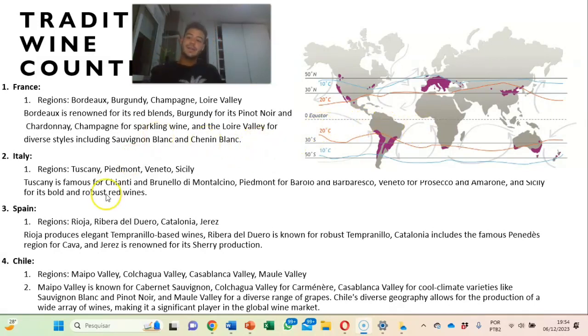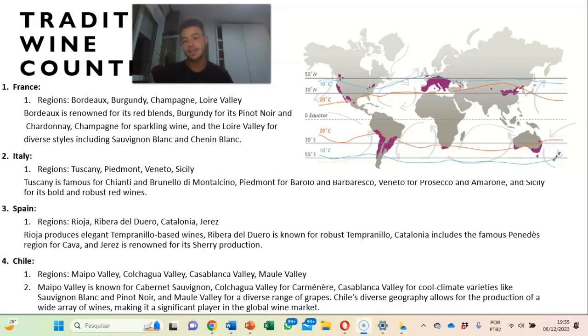It's an island. Another very famous country would be Spain. They're right next to each other, as we can see in the map over here. So pretty much all this area of the Occidental, the Western Europe, is very known because of this weather, because of the land. Everything enables the wine to be great.